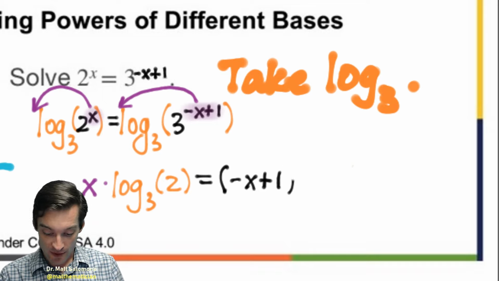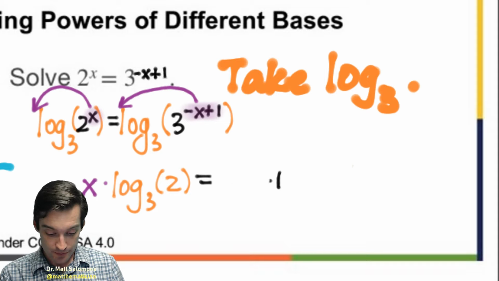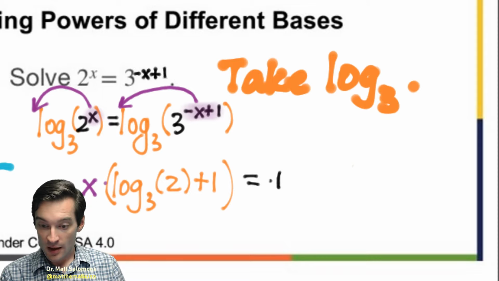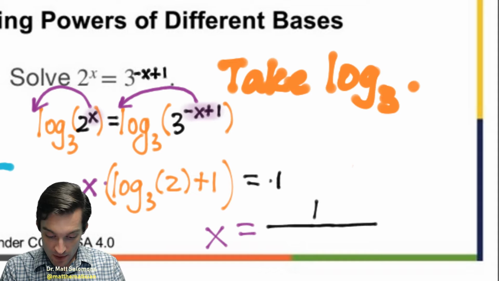The base 3 log of 3 is just equal to 1. And so that's an invisible piece of arithmetic. We don't even need it. And so now to finish, I just have to add x to both sides, and I'll get x times the quantity log base 3 of 2 plus 1. And then I'll just divide by this nasty thing, 1 plus the log base 3 of 2, and that will give me my final value for x. X is 1 over log base 3 of 2